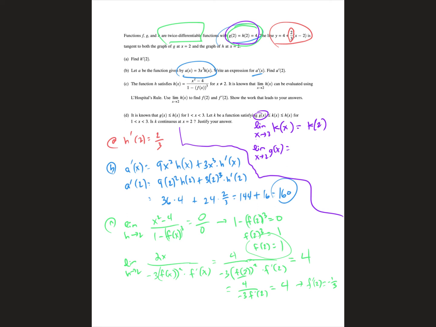So I know that it's twice differentiable, it's continuous, so I know that this is true for g. We're told the same thing about h. So since that's true for both things, by the squeeze theorem,